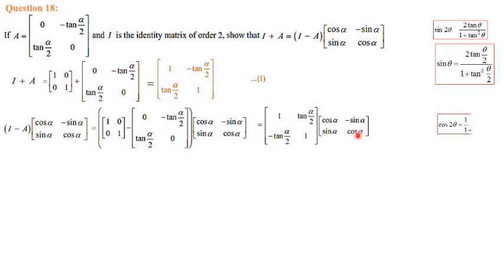Likewise, cos also has a formula, cos 2 theta is equal to 1 minus tan square theta by 1 plus tan square theta. And here we want cos alpha, which means not double of angle, it is a single angle here. So 2 theta can change to theta by taking half. So cos theta is equal to, this theta also we have to change to half, meaning theta by 2, 1 minus tan square theta by 2 by 1 plus tan square theta by 2.